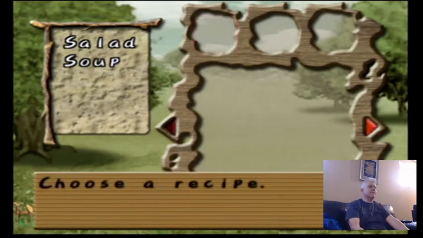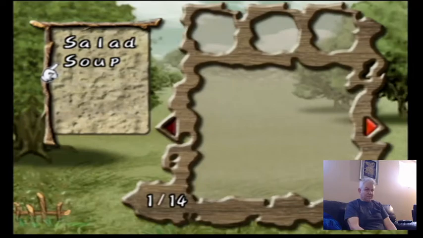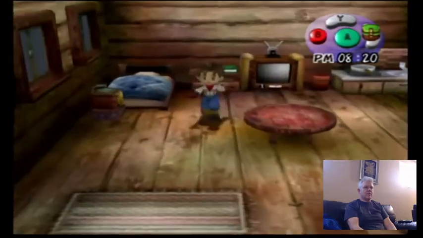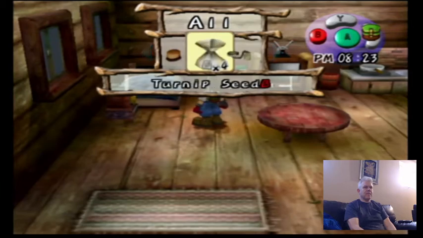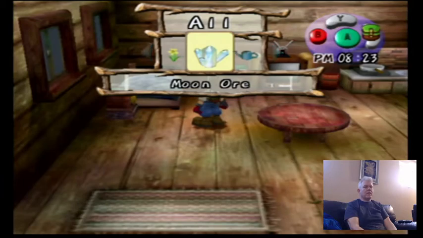And that's kind of a theme in this game. You gotta have food. You gotta cook. Otherwise, your character's gonna run around and go goo from his tummy. Milker. Turnip seed brush. Okay, well,